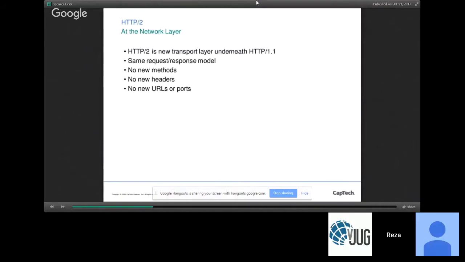So the lower level TCP/IP based protocol that the browser and the server are using to communicate, that's what's changing. That's what's different about HTTP 2.0. Semantically, it looks very much the same. It's the same request-response based model. There are no new methods, no new headers, no new URLs or ports, and that retains the backward compatibility. So it's a very clever solution to a very complex problem, actually.